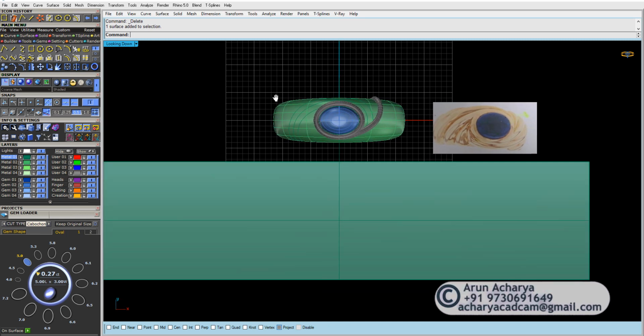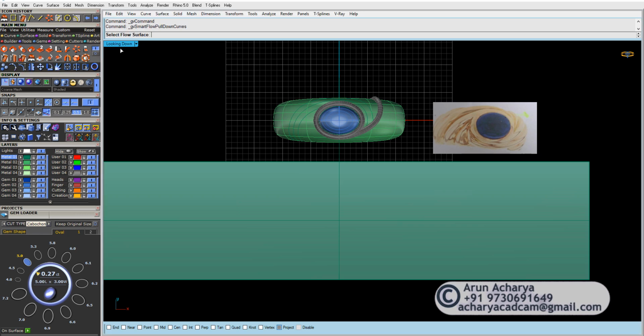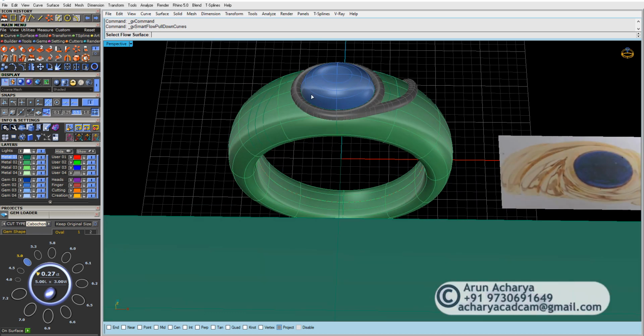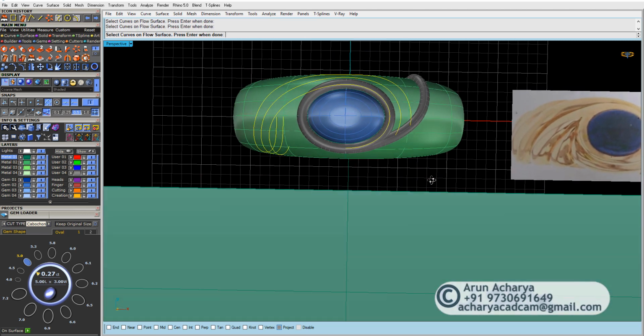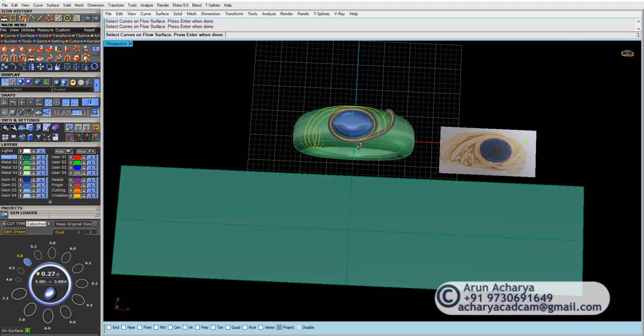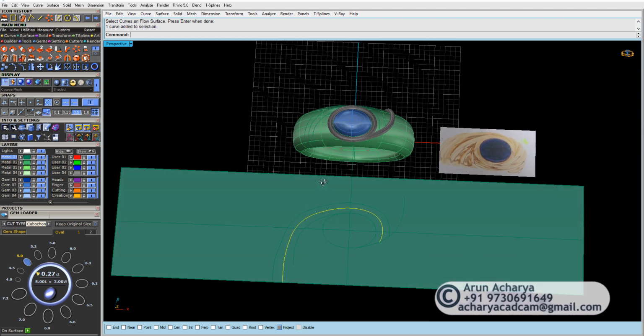alright, so here we are. We have the base and this thing over here. Now let's just go over to pull the curve. Okay, so this is my flow and this is my curve. Alright, enter. Okay, so as you can see now, you got the curve on the base surface. So from here you can manipulate your curve, and you can even do